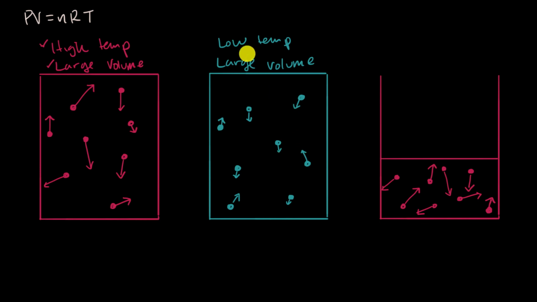So in this situation where we have just lowered the temperature, the ideal gas law would already predict that if you keep everything else constant, the pressure would go down. If we solve for pressure, we would have P is equal to nRT over V. So if you just lowered temperature, the ideal gas law would already predict that your pressure would be lower.